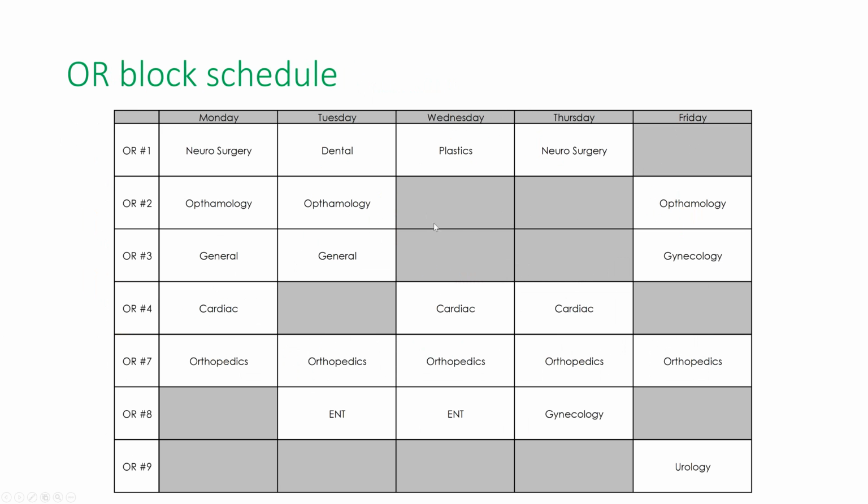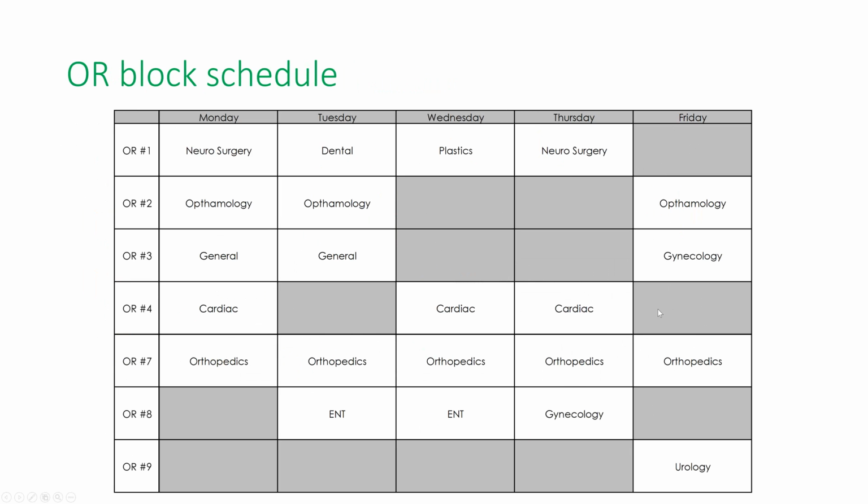Usually we have these empty places because we don't have enough funding to run that operating room, or maybe there's no need. And you can see that cardiac always has its own room, and orthopedics is always running because it's very busy. So the idea is this basically runs the hospital, and determines the bed utilization, resource utilization, and everything. So our question was, can we come up with a better OR block schedule so that we can minimize the